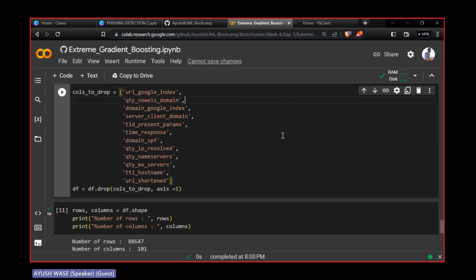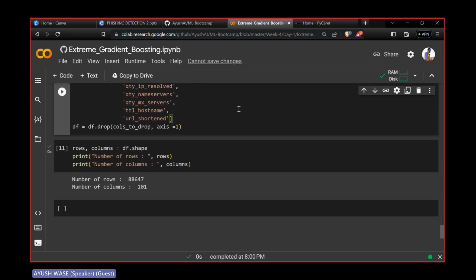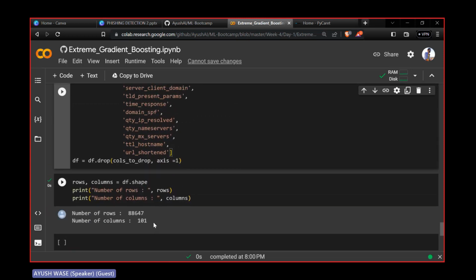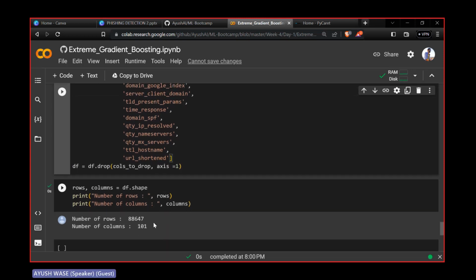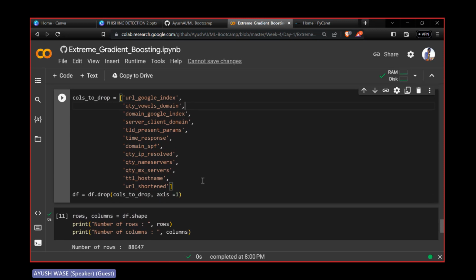Guys, I forgot to add one more column, because there were 12 columns I had decided to drop, and as you can see, this little mistake. Yes, Pushkar, you are right. Actually, I forgot to add one of the columns, that is the quantity of vowels in the domain. It doesn't matter whether you have this much quantity of vowels or consonants in your domain name. So I forgot to add this column, and now what you can do is,